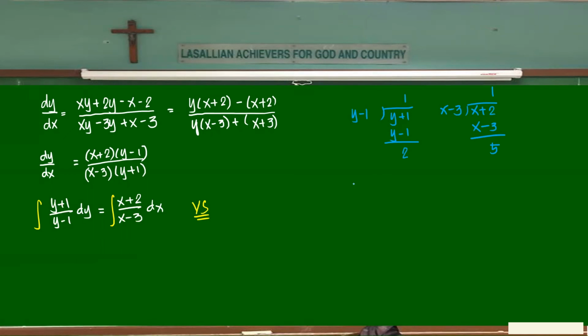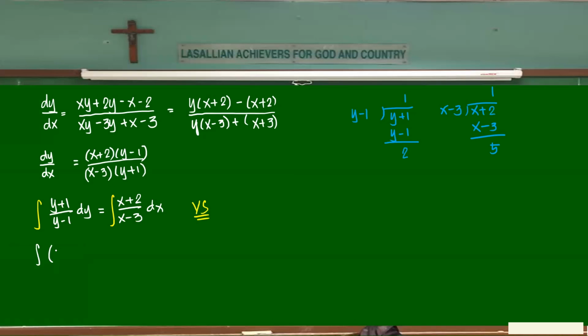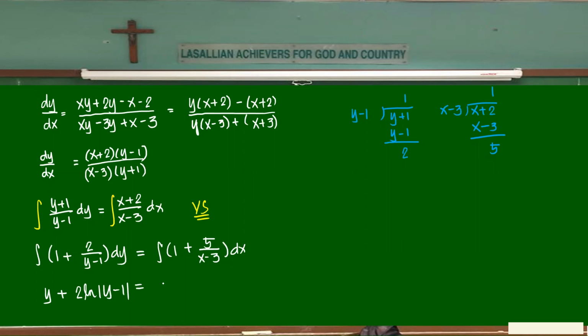So that is 5. So that means the left side is simply the integral of 1 plus 2 all over y minus 1 dy is equal to the integral of 1 plus 5 over x minus 3 dx. When we integrate this, it is simply y plus 2 ln of y minus 1 equals x plus 5 ln of x minus 3 plus c, right? What some might do is